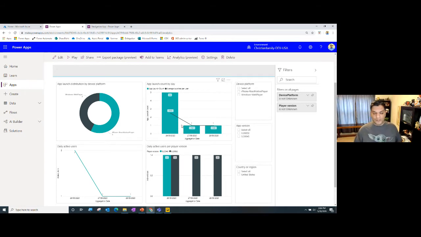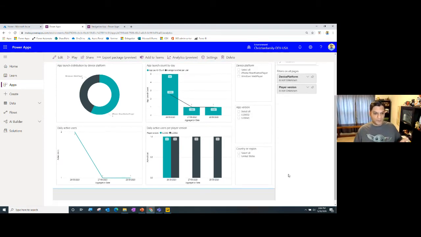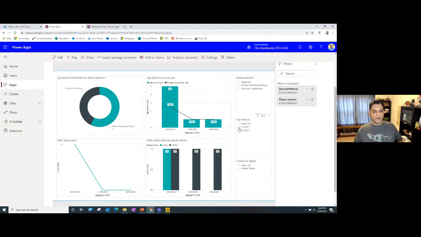and you don't have to do any building. It's got how many times the app was launched in a day, the count. So it actually told me that in the past 3 days, this app was used about 2.5 times, basically that many times over here on the 26th. Yesterday it was used once, and then today again it has been used. It also tells me what the version of the Power Apps was when this app was used.